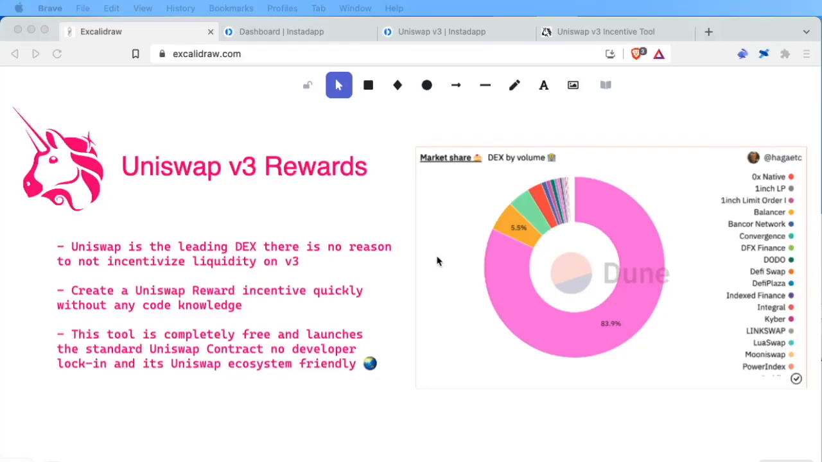Hi, today we're going to go through setting up a Uniswap v3 reward pool on Instadapp. There's a lot of reasons why more liquidity mining should be happening on Uniswap v3. Mainly, it is the most popular DEX by volume, comprising about 90% of all the DEX volume. Uniswap v3 is now on a lot of networks, including Polygon, Optimism, Arbitrum, with plans to be on Moonbeam as